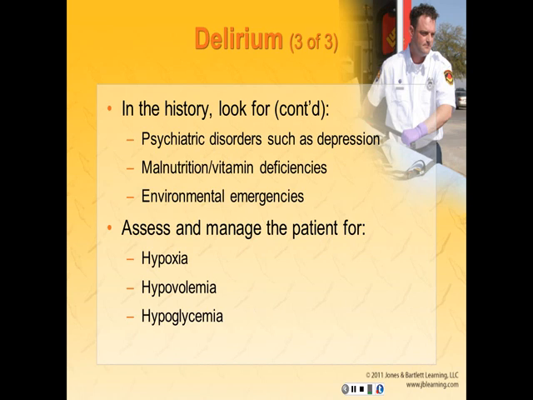You should assess and manage the patient for hypoxia, hypovolemia, and hypoglycemia. Geriatric patients will respond to oxygen for hypoxia, placement in the shock position, and ALS support with IV fluids for hypovolemia, and intravenous glucose given for hypoglycemia. Indications include